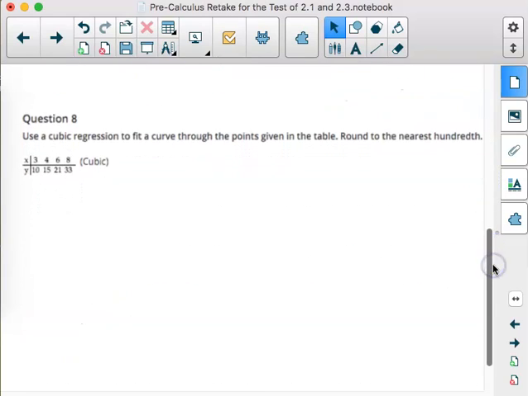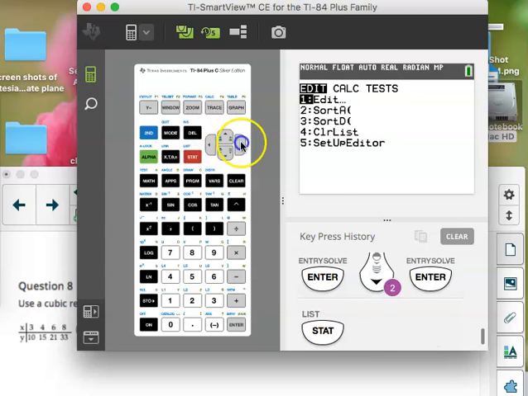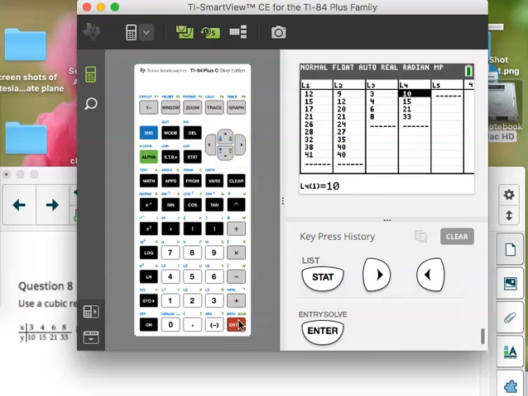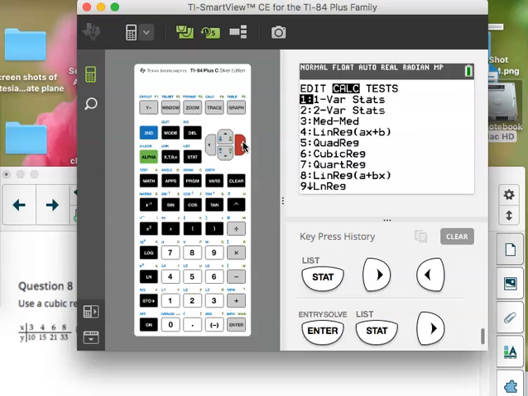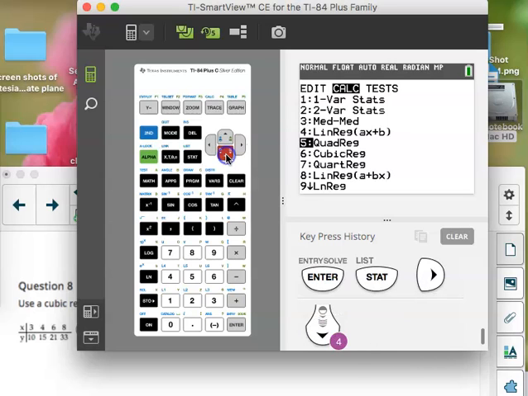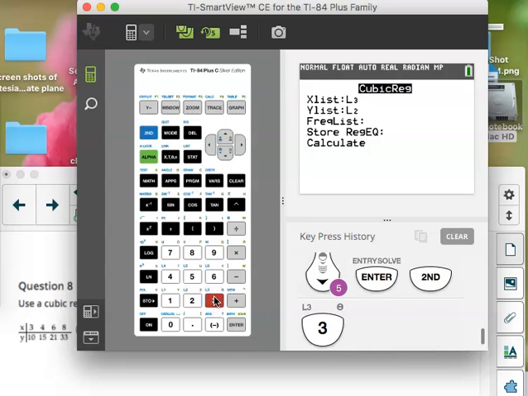Then question 8 says we've got a cubic regression problem. We just want to fit the curve, round to the nearest hundredth. There's no follow-up with this one, so we make sure we get these into our graphing calculator, stats, edit, and I have those, well, there's not very many of them, just the 4 ordered pairs in there for list 3 and list 4. So stats, but this time when we go to calculate, we have to find cubic regression, which is number 6. So you can either just hit 6 or arrow your way down. And like I said, I need to use list 3 and list 4